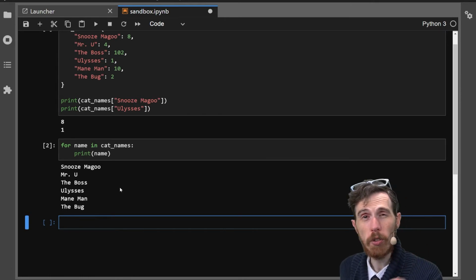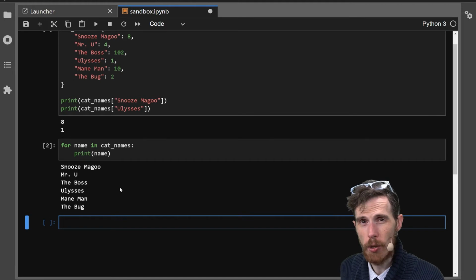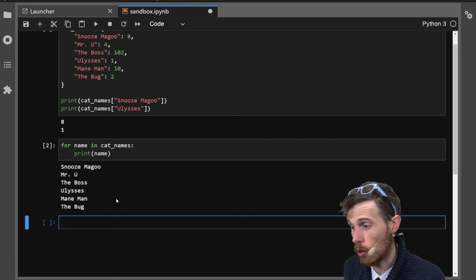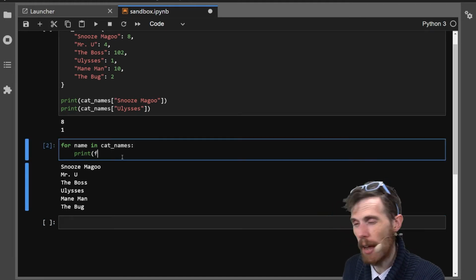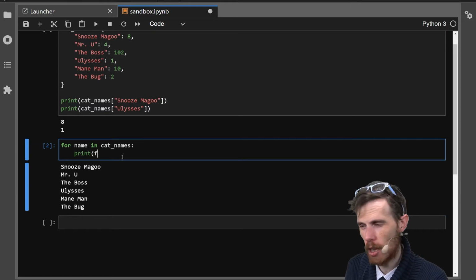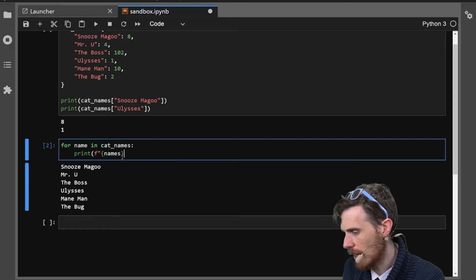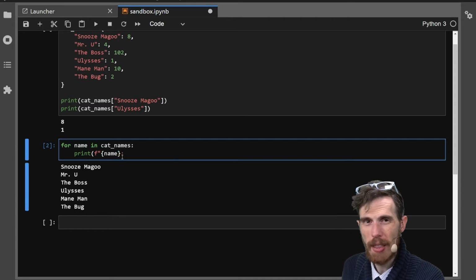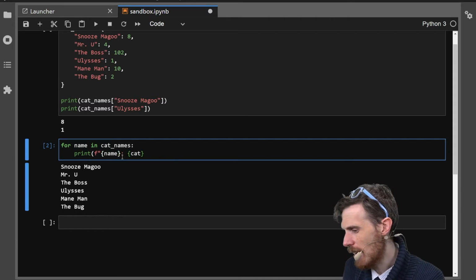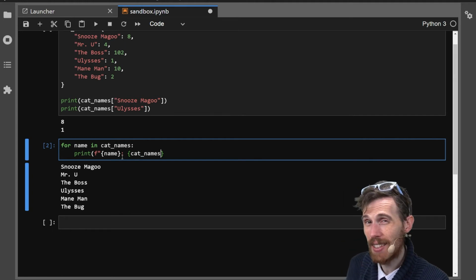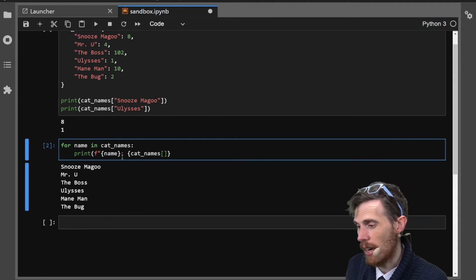Well, using some principles that we already know, we can derive how to do that. And you might already have an idea of how we are going to do that as well. I'll use an f-string just to show it because it demonstrates what I'm talking about a little more clearly. I'm going to print the name here, so I'm looking at just the key that I find with a colon. And then across the way, I'm going to put the cat names. And if I want to access the value of a given key, again, I just have to call it up